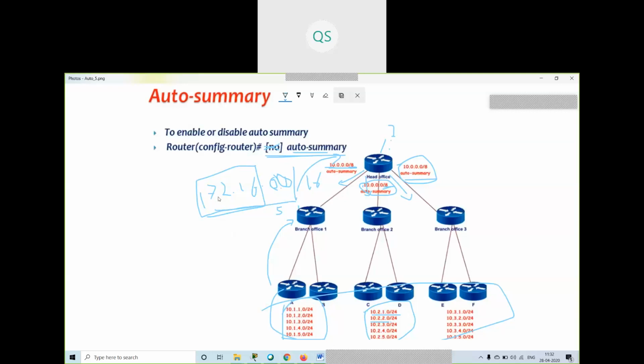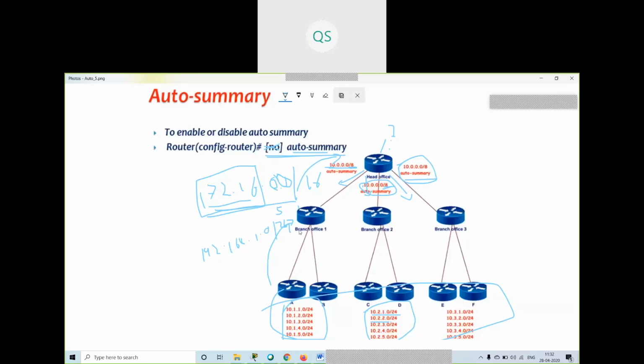If I am having class C, 192.168.1.0, by default it will send 192.168.1.0/24. Understood? This is the drawback of auto summary, you can say.